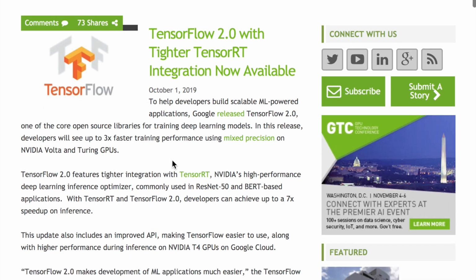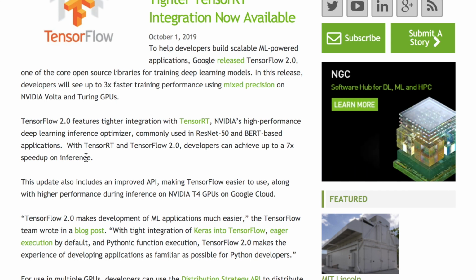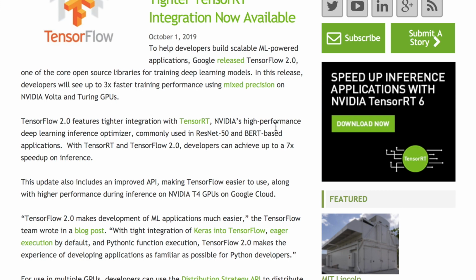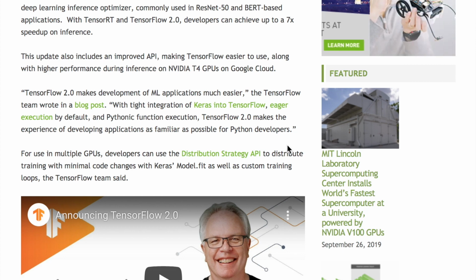So the TensorRT, when combined with TensorFlow 2.0, particularly in this article, they cite a 7 times speed up on inference, meaning how fast you make predictions. And then it seems like they also are specifically citing the ResNet 50 and BERT-based applications with respect to this 7 times speed up figure. And then the article continues to talk about other things of the TensorFlow 2.0 announcement update that we covered previously,